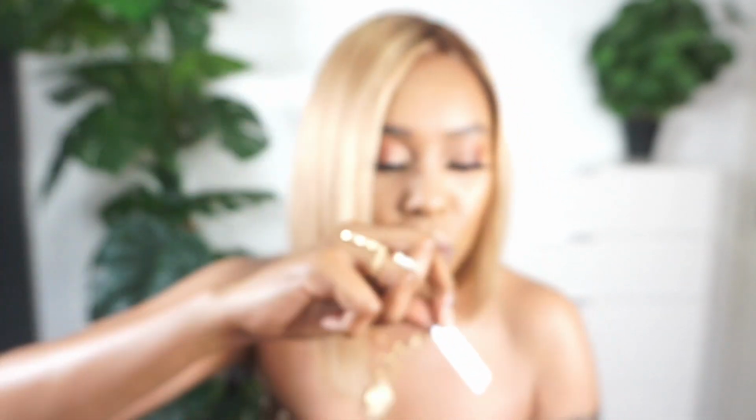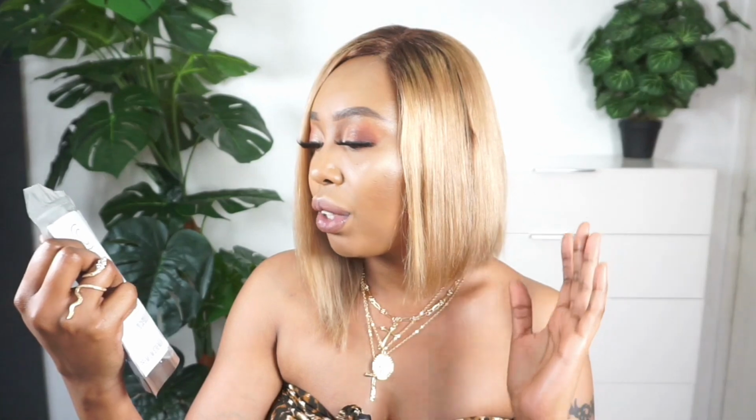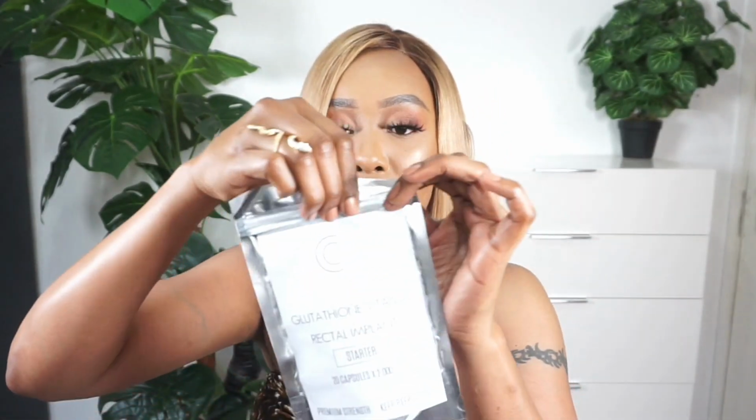Comes like this. So there are 20 of them inside, and after you take whatever you're taking out, you need to keep them in the fridge. It says here very clearly, keep refrigerated. So use them, and after using them, you put them in the fridge and you lock it up like this, and you're good to go. Like I'm saying, guys, I will tell you all that info next week, and